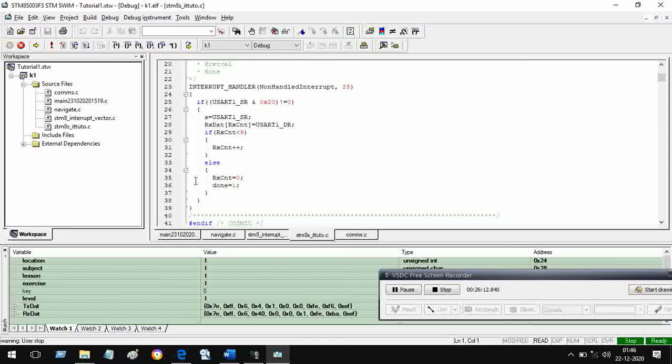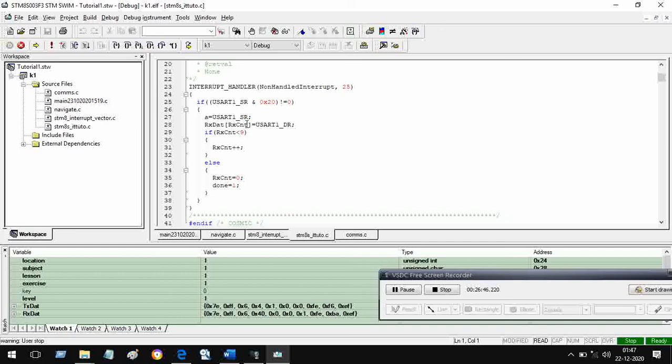You will also enter the same area if it is a transmit interrupt. We are not using the transmit interrupt. So for the receive interrupt, you have to check it, and this is the way we check the receive interrupt. And if it is really so, then we clear the interrupt flag by reading the SR register into any dummy variable. This earlier also I had discussed. Now RxDat is what is eventually going to receive data from the USART1 data register.